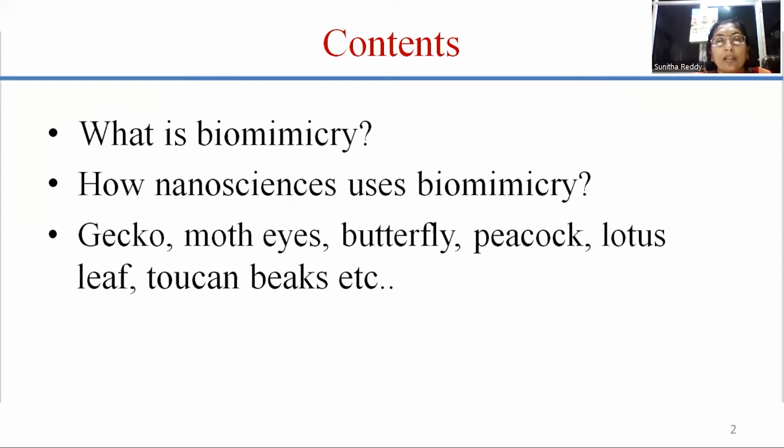And I'm going to take the nature like gecko, moths, butterflies, peacocks, lotus, trees, Mozambique, the birds and reptiles, how they are mimicking us to make some dosage forms, or how they're mimicking us to make some kind of products